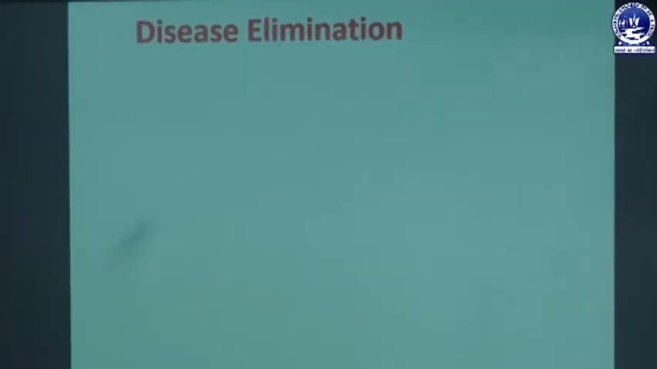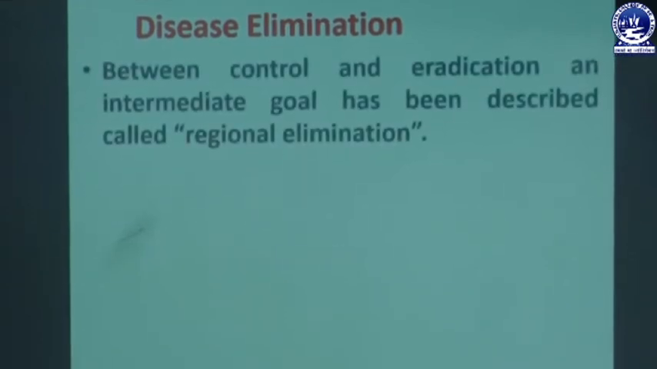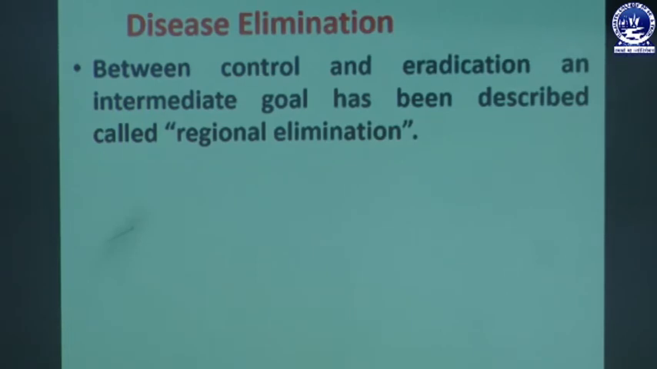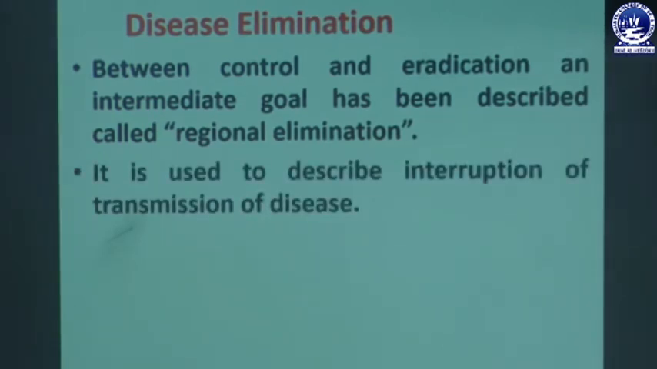Next is disease elimination. Between control and eradication, an intermediate goal has been described, which is called regional elimination. It is used to describe interruption of transmission of disease. In disease elimination, this is the elimination of different diseases from our society, and describes interruption of transmission of disease,